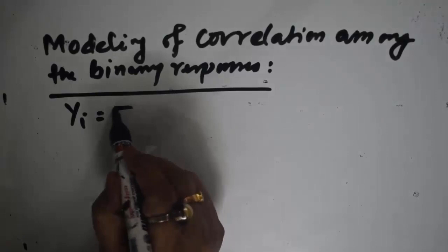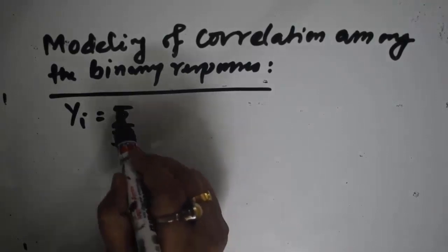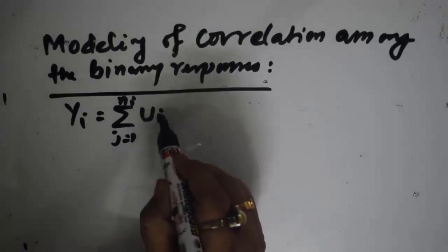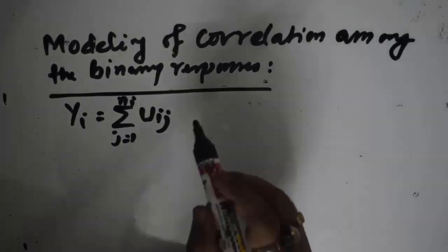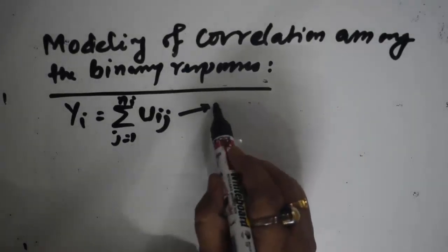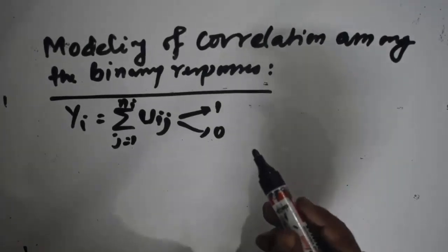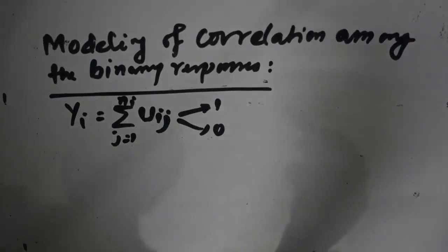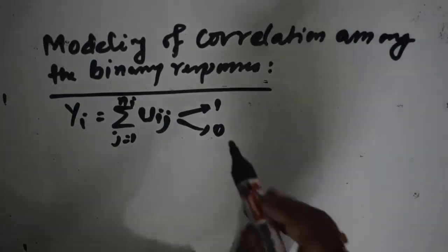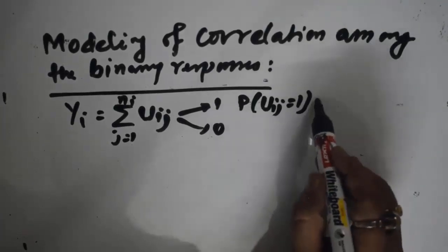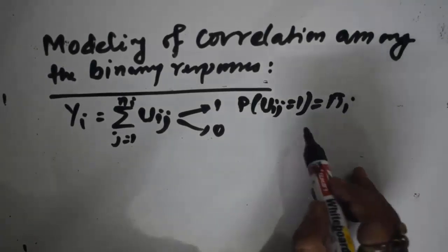Yi equals the sum over j from 1 to ni of uij, where uij takes two values, either 1 or 0. When 1 it is a success and 0 when it is a failure, and the probability of uij equal to 1 is pi i. So this implies